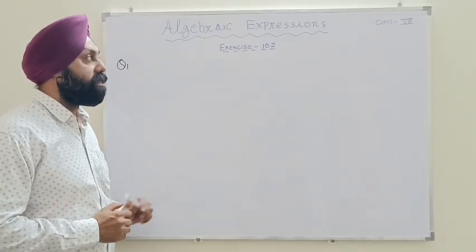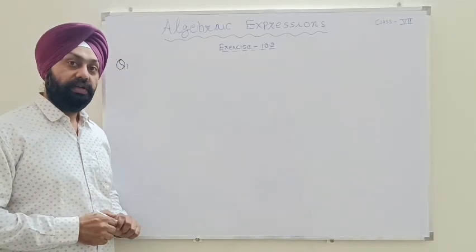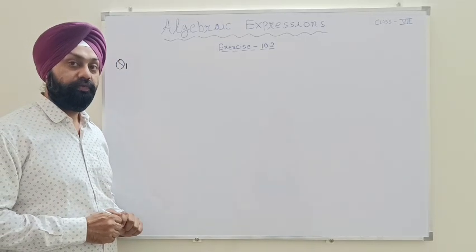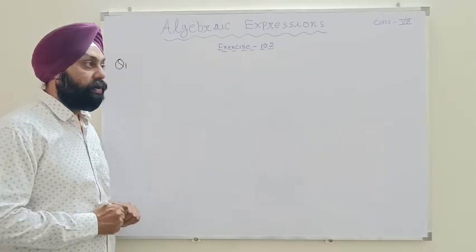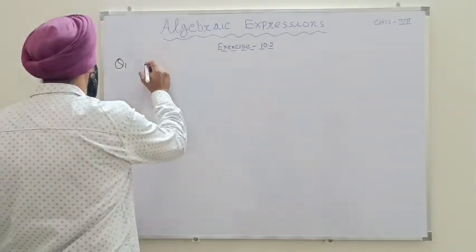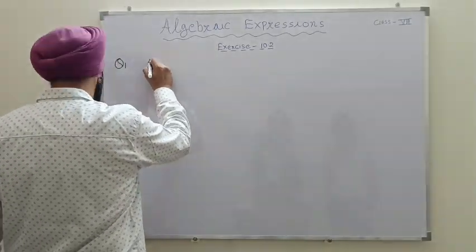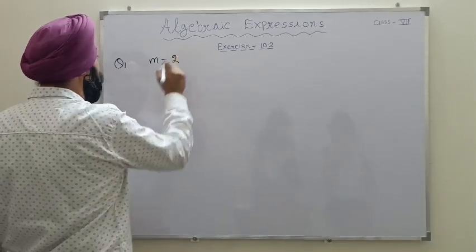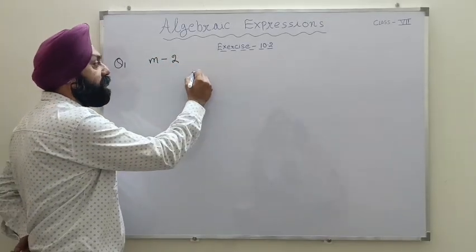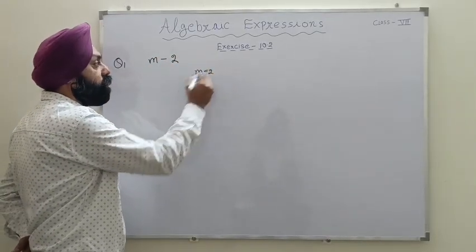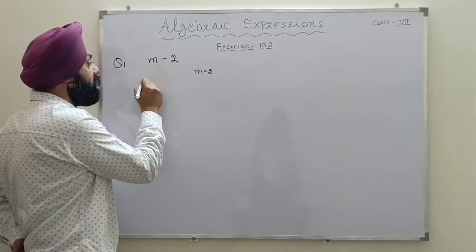So the first question in our exercise 10.2 is finding the value of an expression for a given value of m. Now the question is, we have to find the value of the expression m minus 2. And here we are given the value of m, that is equal to 2. So what we will do, we will write the statement, that is, putting